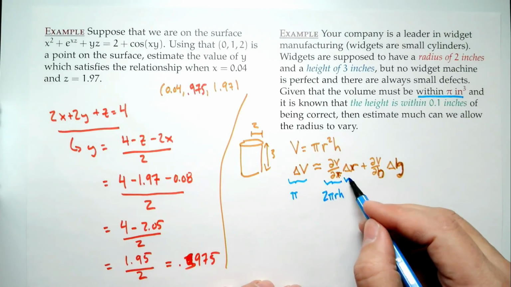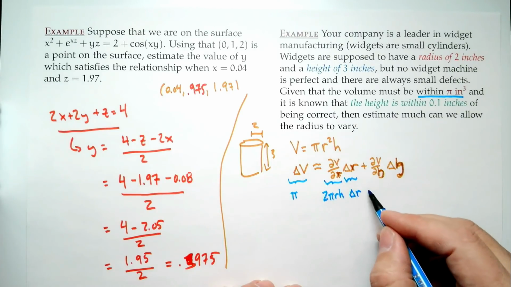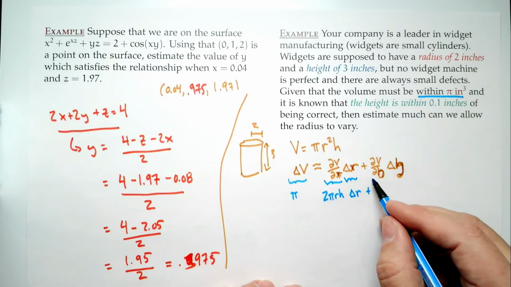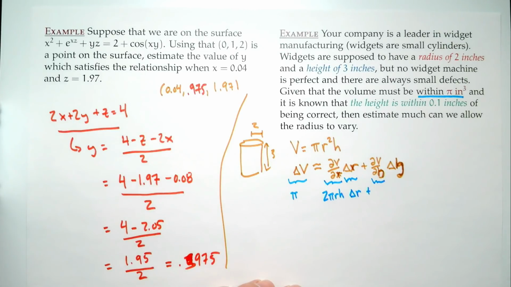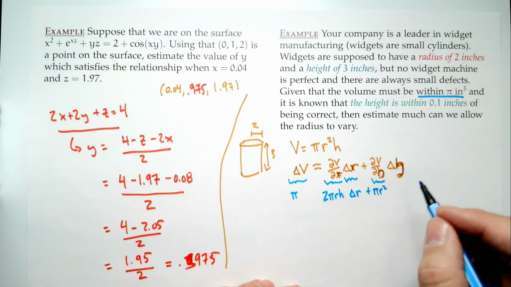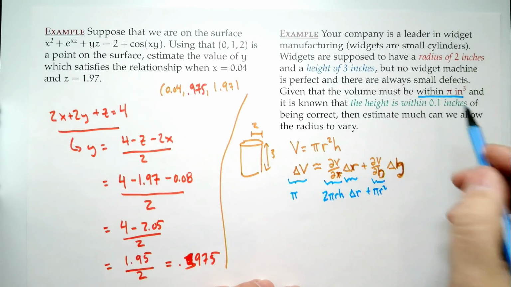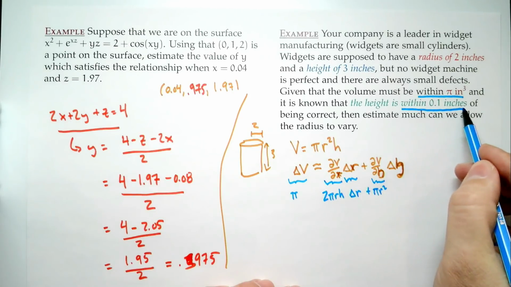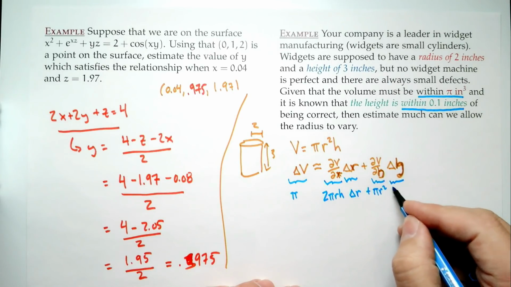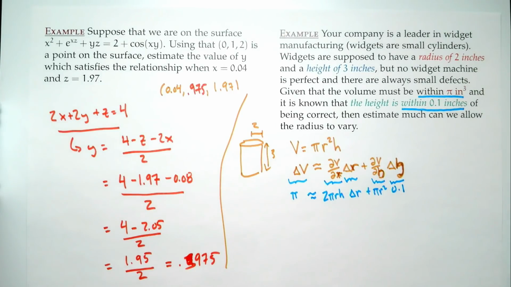Delta r. Now, delta r, we don't know. We're trying to estimate that. Partial v, partial h. What is that? Pi r squared. Delta h. Okay, how much can we tolerate? What are we willing to give? 0.1. So again, that's a tolerance. This is within 0.1. Okay, so we have that pi is approximately 2 pi rh delta r plus pi r